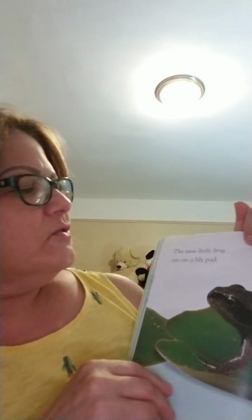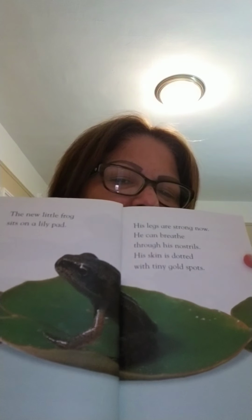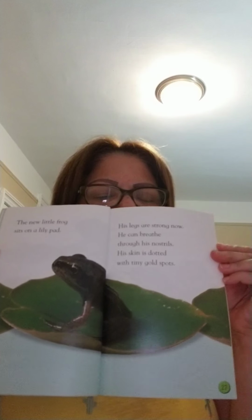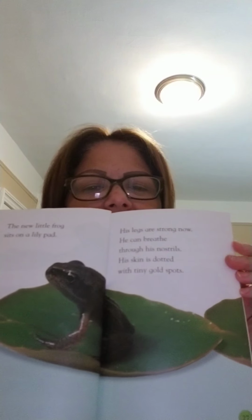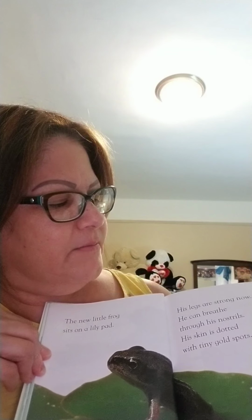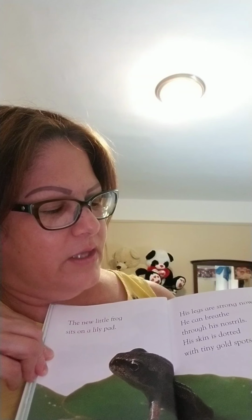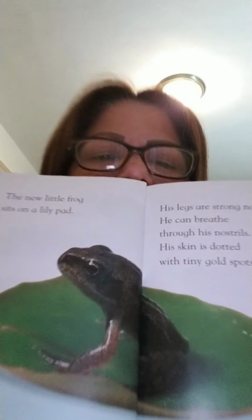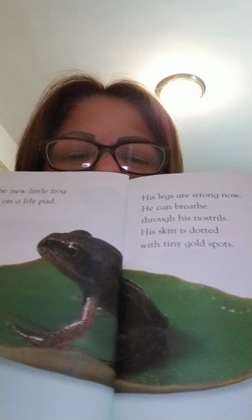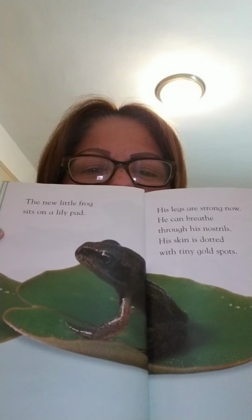A new little frog sits on a lily pad. Now he's a new frog in the lily pad. Remember, lily pads are floating on the ponds. So his legs are strong now. He can breathe through his nostrils. His skin is dotted with tiny gold spots. So look at him right there. In the lily pad. And over here,